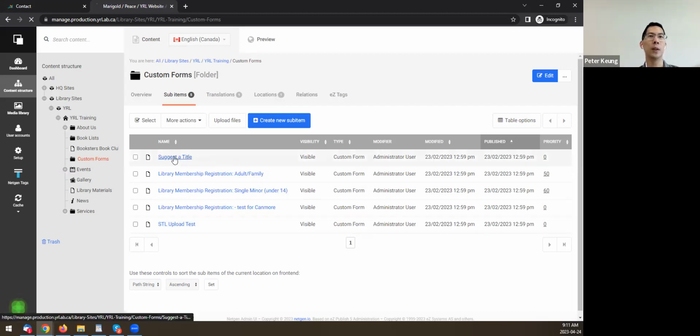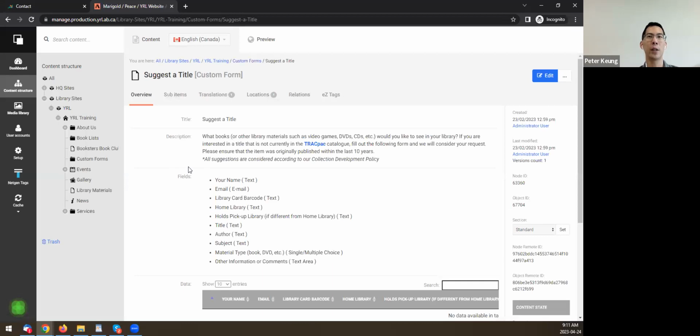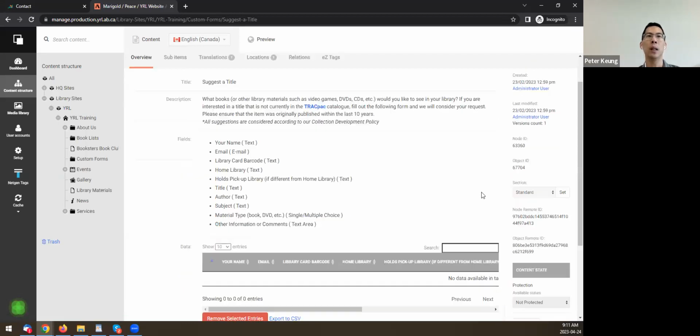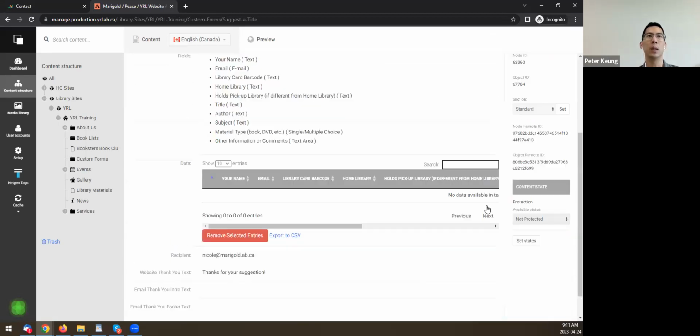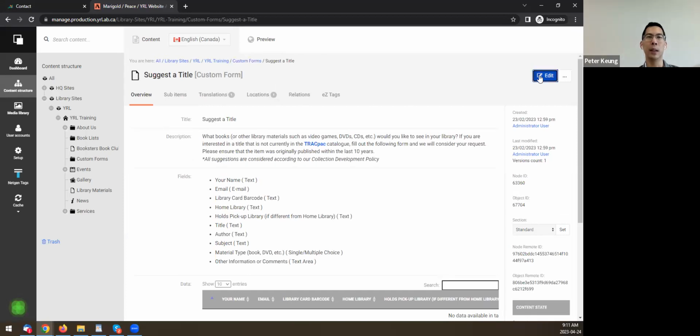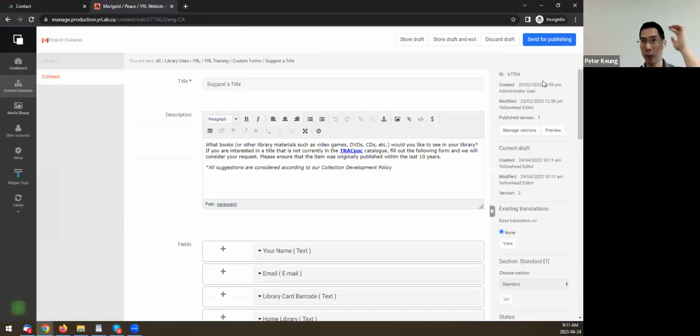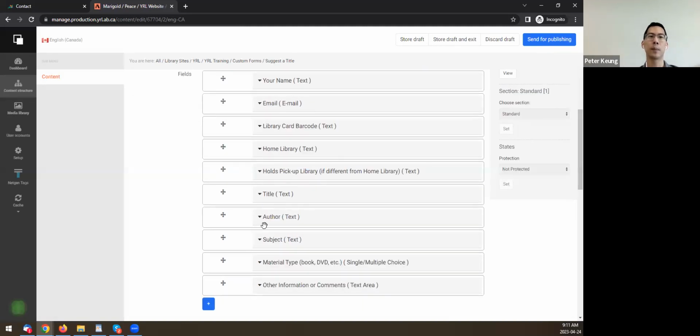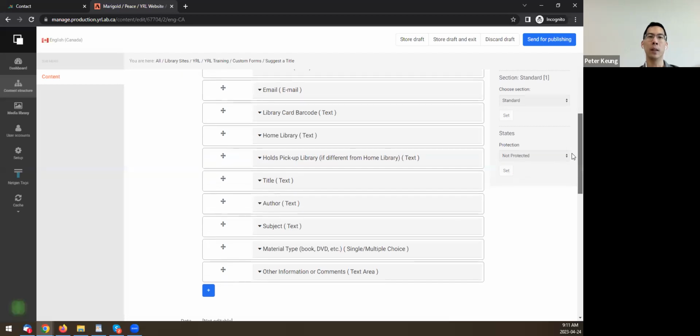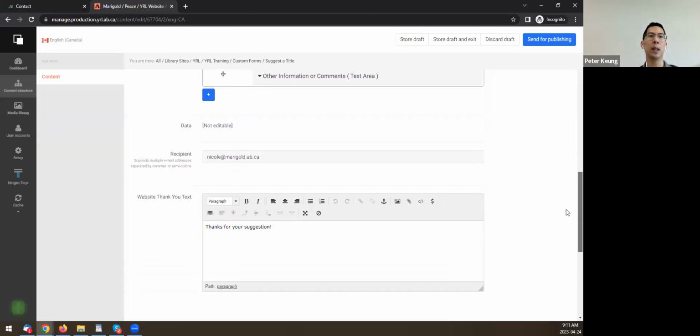If I go over to this suggest a title page, you can see this form. So let me just edit it, and you can see some examples of how we can use it. The custom form always has a title. It's got a description that'll show up above the form, and you've got all these form fields. I'll get into the form fields in just a moment. Recipient, let's say in this case,